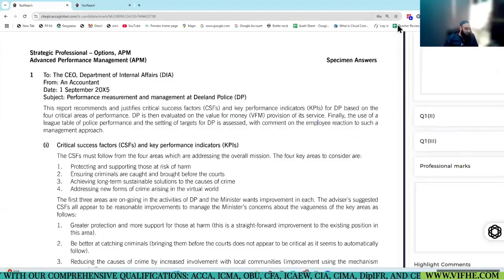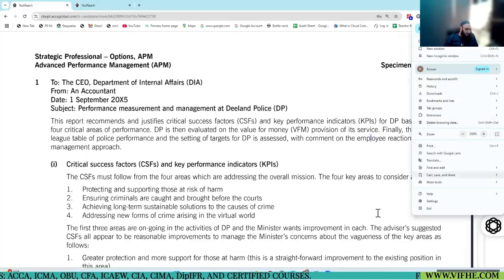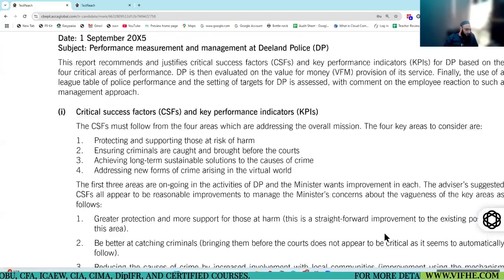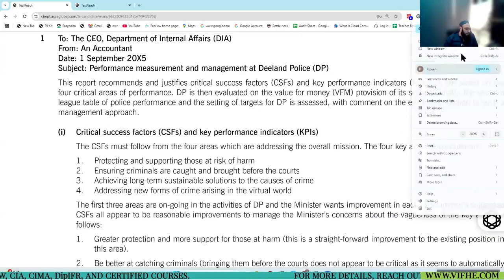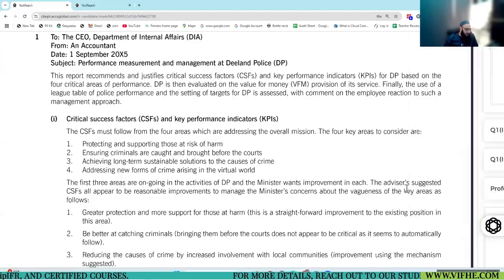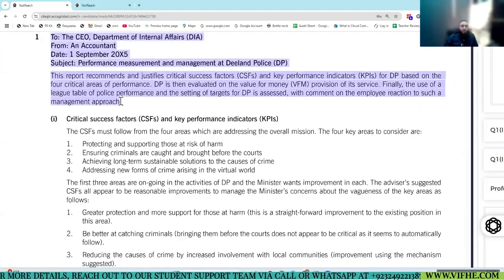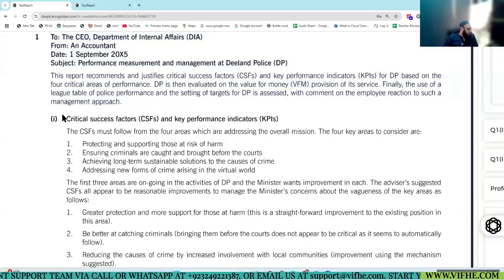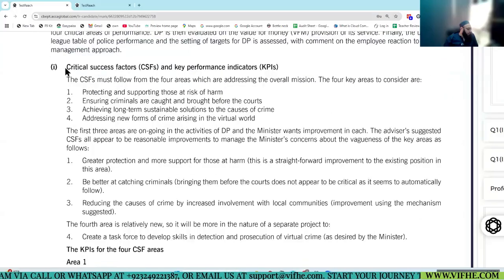Be with me. I will deliberately use the examiner answer to show you that, see, this is what is required and what the people in the paper did write about this. To, from, date, subject, introduction, paragraph. This has a weightage. I'll confirm today how many marks you can expect under the heading of communication. Okay. Right now, requirement 1.